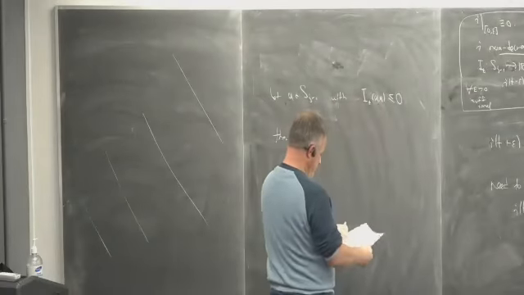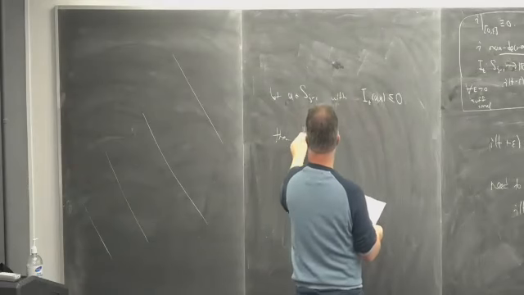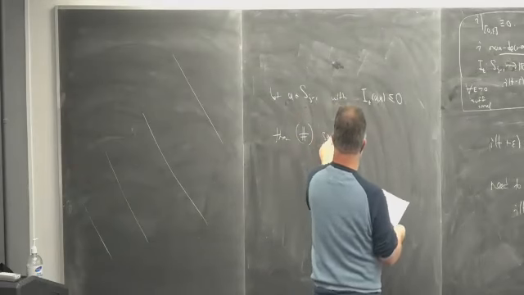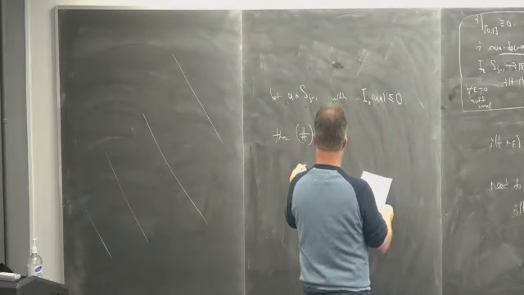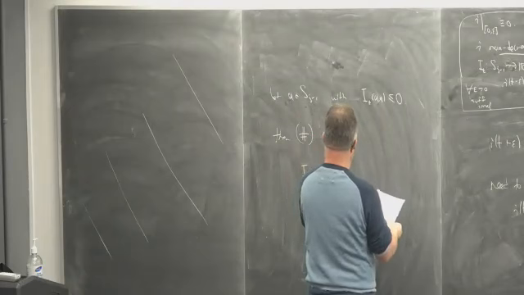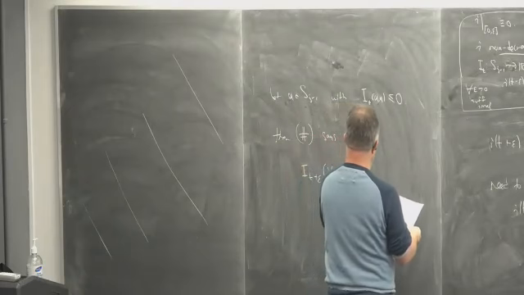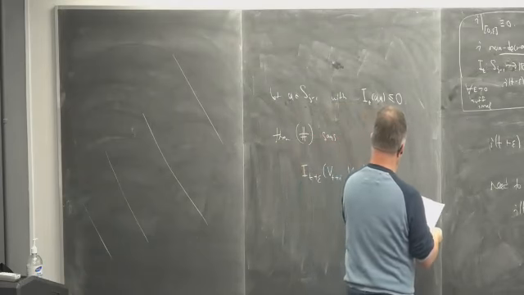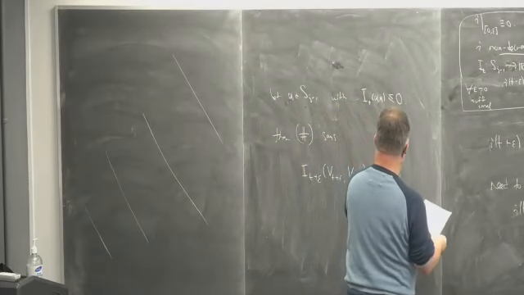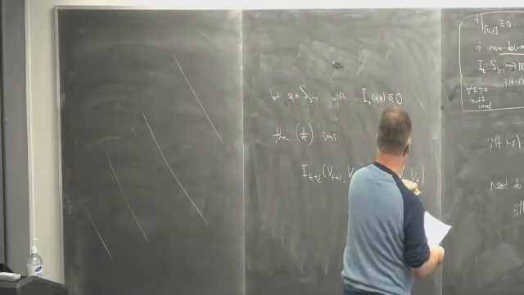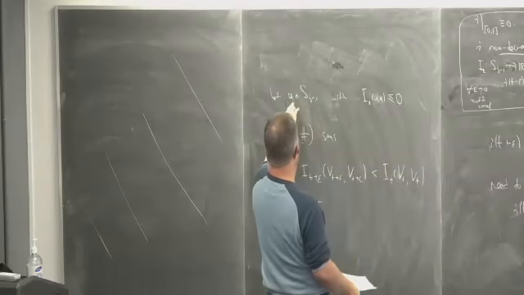Then what does sharp say? It says that I_{t+ε}(V_{t+ε}, V_{t+ε}) is less than I_t(V_t, V_t). So it says that